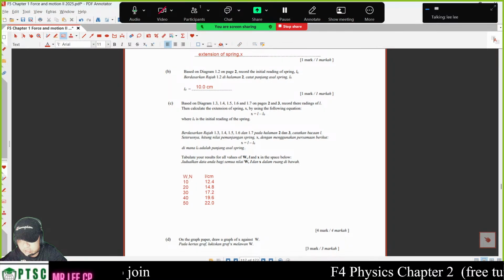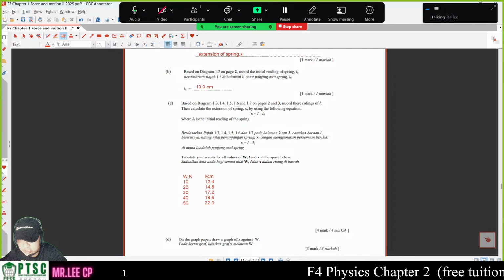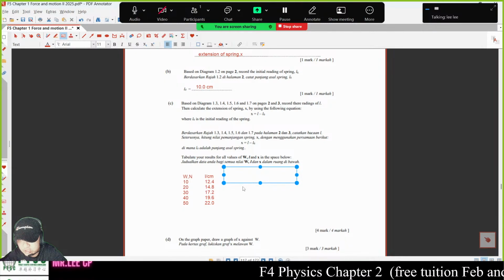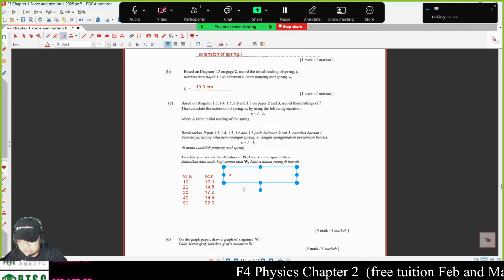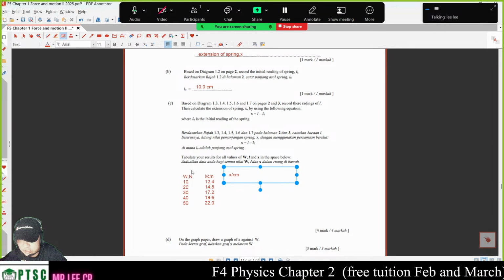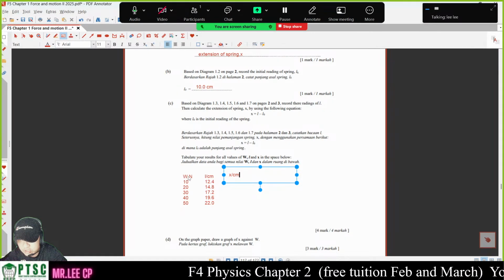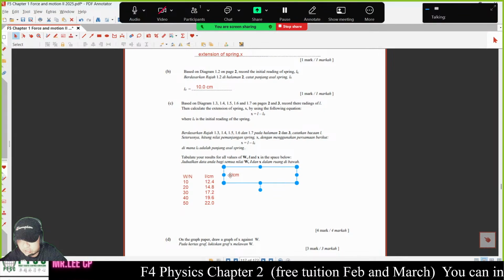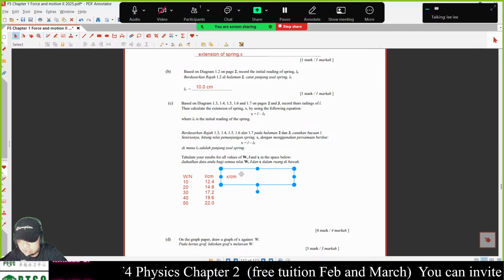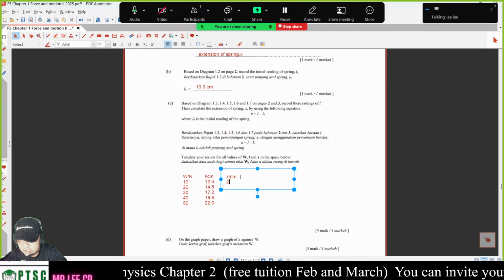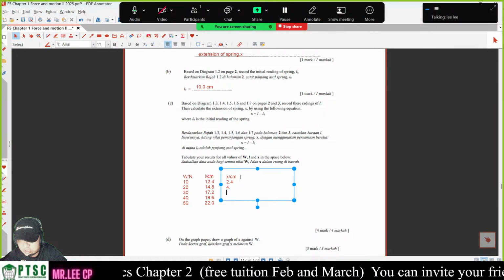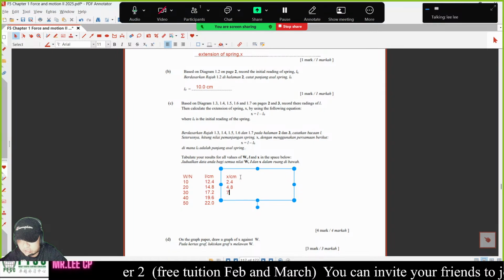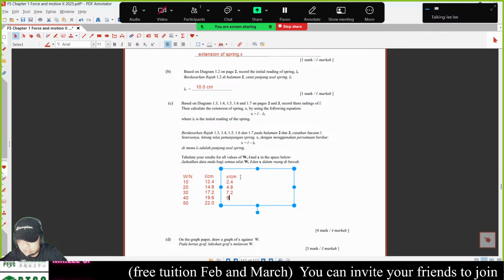Alright. After L, you put X. What is X? X is length minus 10, right? So this is x in cm. Make sure you write the symbol and the unit. So how much is x? You minus 10, it is 2.4, 4.8, 7.2, 9.6, and then